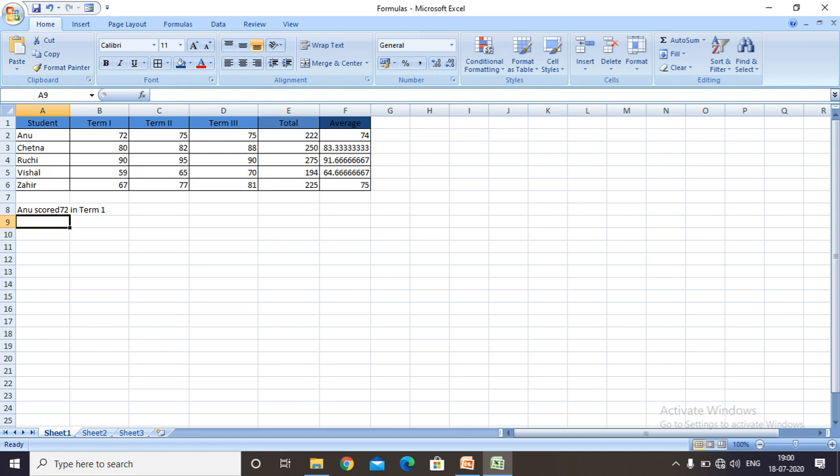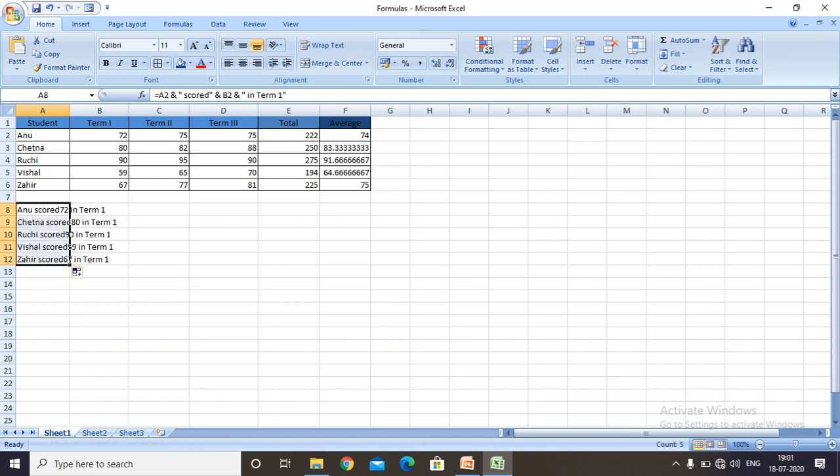Now again select the cell A8 and place the pointer at the fill handle. The fill handle is present over here, and as soon as you drag it, so there are 5 entries over here, so I will drag it up till 5 entries.